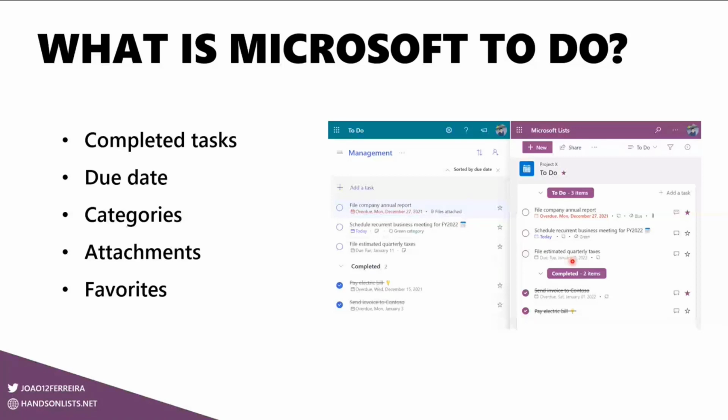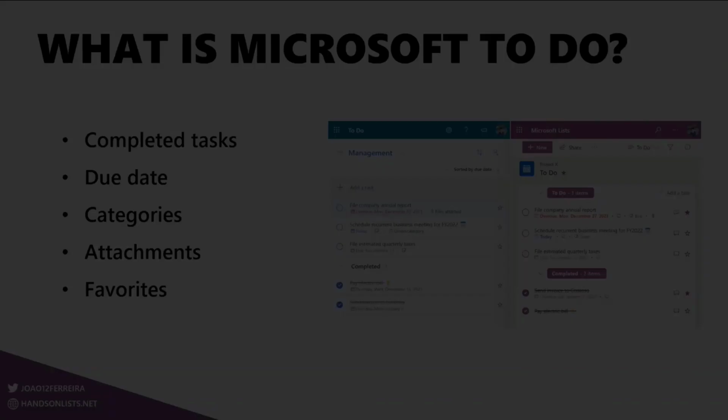The same functionality that exists in To Do, but now in Microsoft Lists, taking advantage of all the built-in features and also a custom formatting that mixes JSON and HTML and CSS into around 500 lines of JSON to create this over here. So before we start looking into the code and what is being done under the hood, let's first look at the features that I identified I wanted to bring to a Microsoft List.